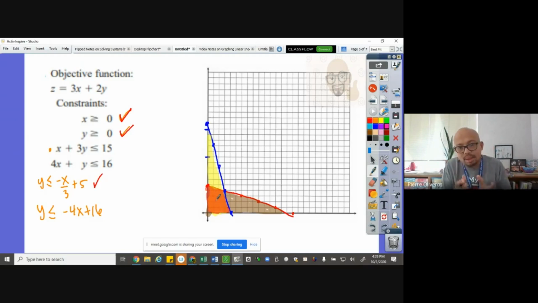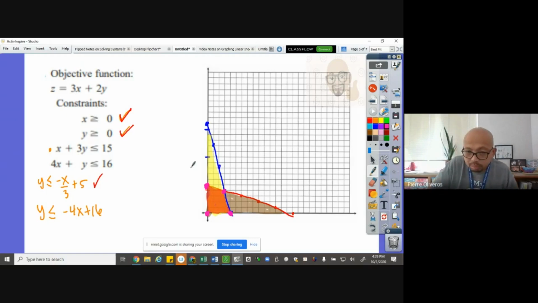But for you to maximize it, you need to find the vertex. The vertex, or the vertices, are the corners of the shaded region. So in this case, I'm going to use pink here. This corner, that corner there, this corner here, and this one here are your vertices. Those are the ones that will give you the maximum or minimum. If you pick any point in the shaded region, it will work, but that's not going to give you the maximum